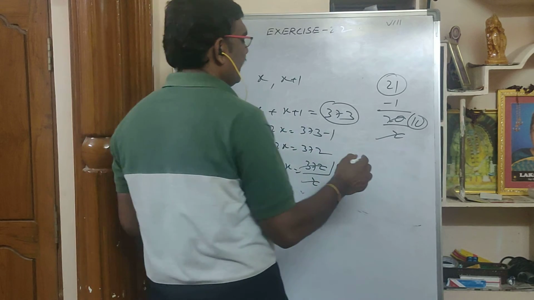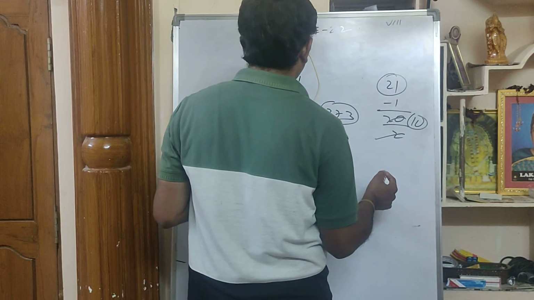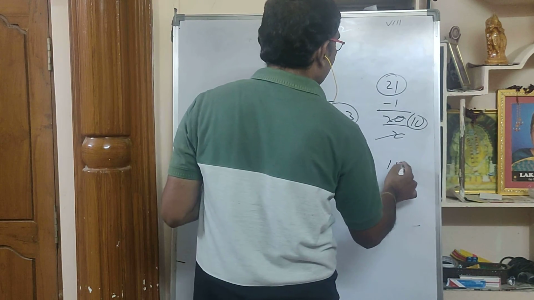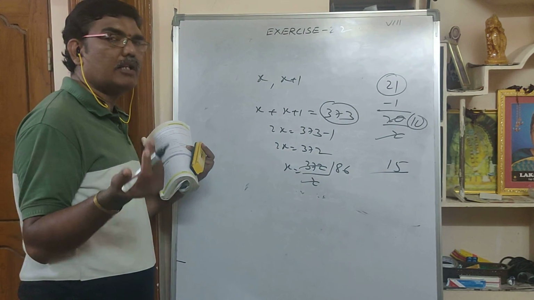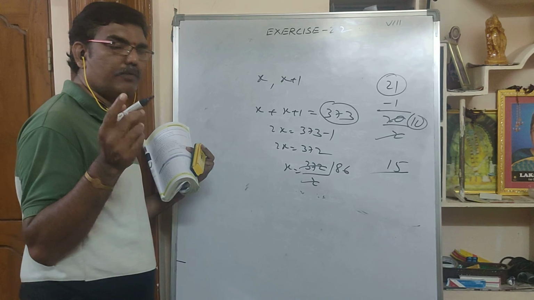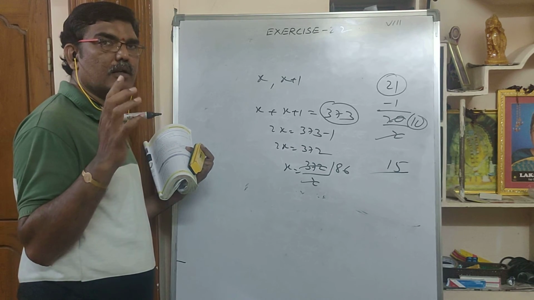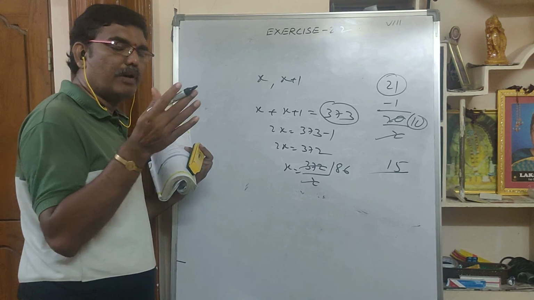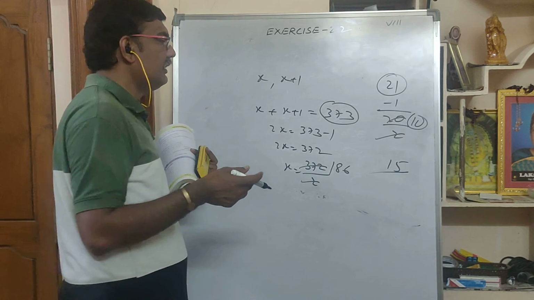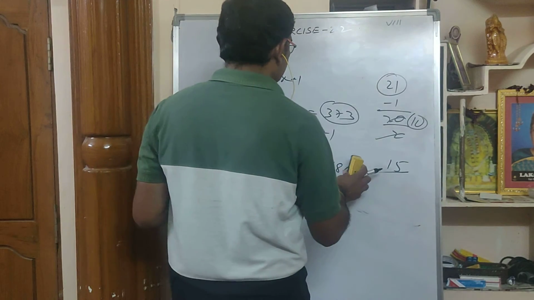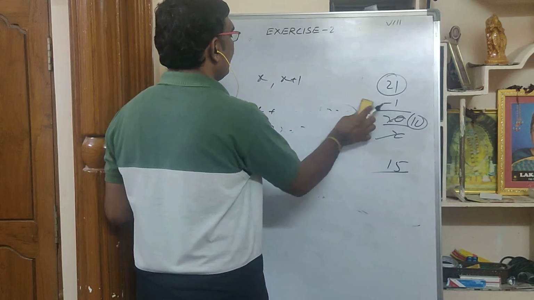If I added both numbers and got 15, what are the pages? What you have to do: from 15 subtract 1, that is 14. Divide by 2, that is 7. One page is 7, the other page is 8. Like that, textbook pages will come, and this exercise is completed.